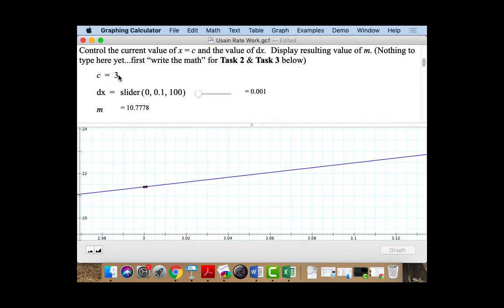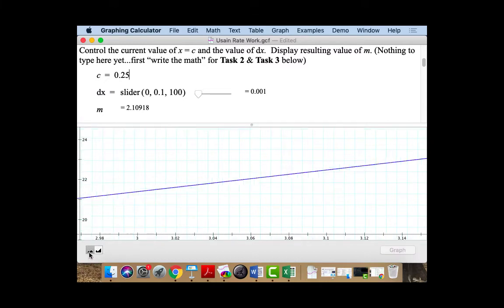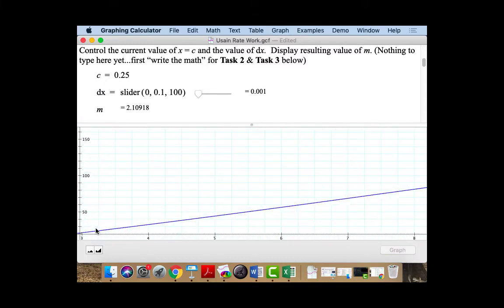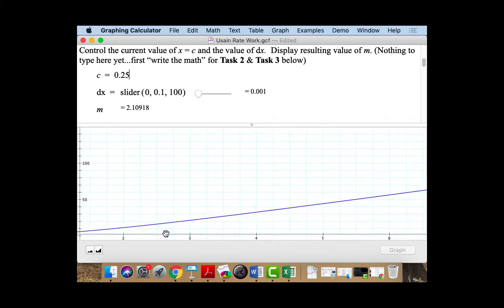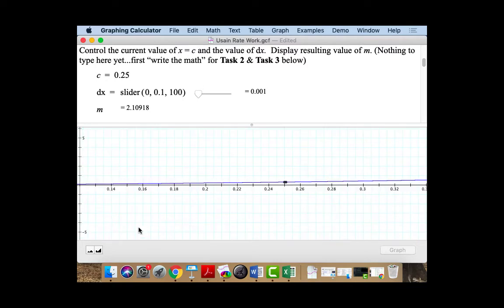But what you're going to be doing then is, for instance, that first row. Instead of looking at time 3 seconds into the race, let's look at 1/4 of a second into the race. Now, graph-wise, we're not there right now. So I'm going to zoom back out so I can see what it is we're doing. This was zoomed into being around time 3. With those dots there, you can pick out where it is when you zoom back out. But if I want to see what's going on around time 1/4 of a second into the race,